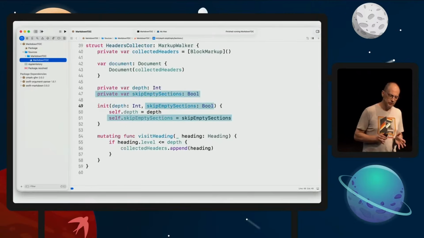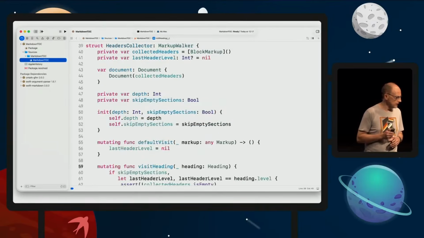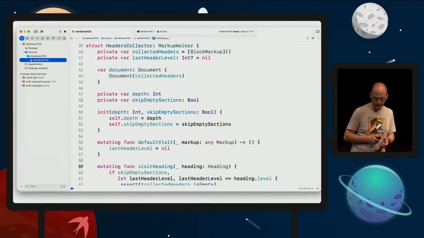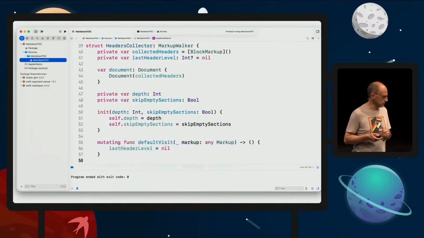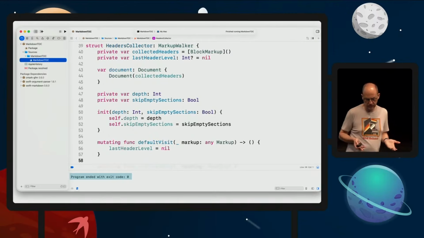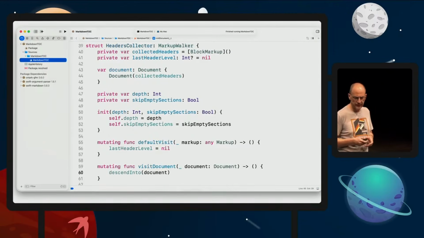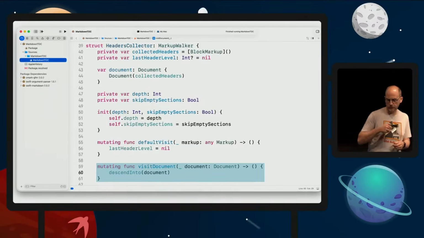The skip empty section functionality is a bit more involved, and I will not go into all the details. Again, I will publish the source code of the sample. But I want to point out one thing. There's a default visit function that you can implement. And if you implement that and do nothing, what happens is that it's called for all the nodes for which there is no explicit visit method, including document. And so as we start visiting the document, the first thing we do is nothing, and so the program does nothing. And so you must implement then a specific version of the specific method to visit the document and tell it to visit all its children. Otherwise, nothing happens.